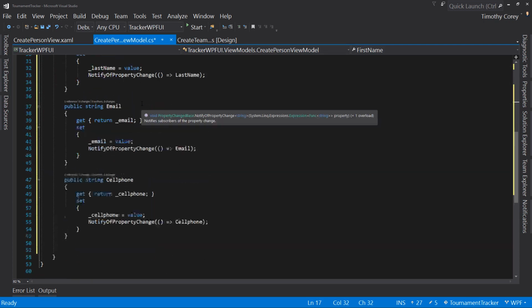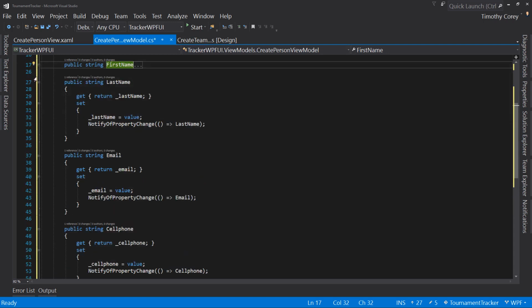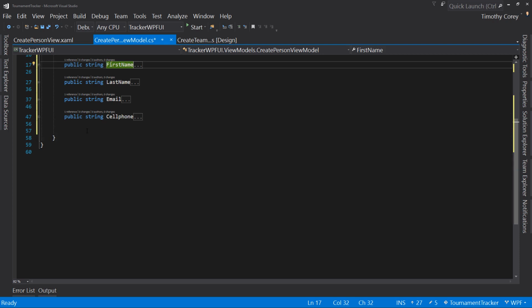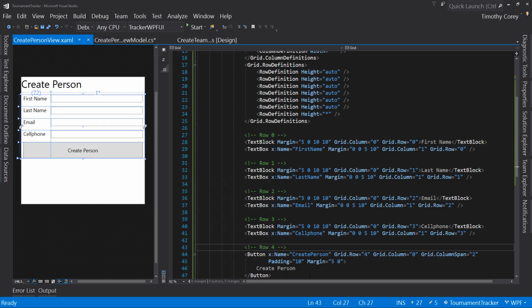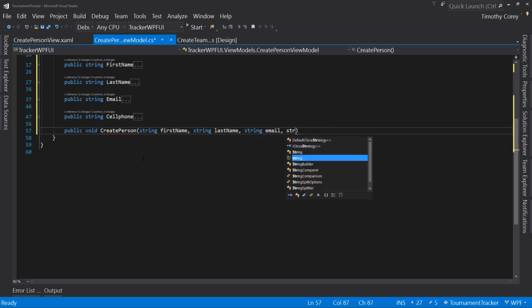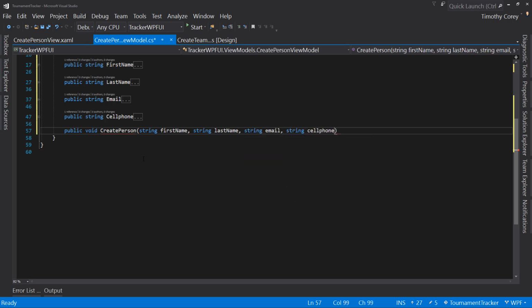All right, so you have our 4 properties. We can actually collapse these down. First, last, email, and cell phone. And now we need one method, and that method is called createPerson. So public void createPerson. And we'll actually pass in string first name, string last name, string email, and string cell phone,